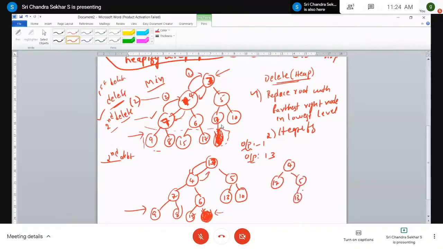It is 13. It is 10 and then 7. 6, 9, 8, 15. Now here you can check that 17 is not satisfying the key property at this position. Therefore, what you have to do, you have to again check its children, which one is minimum, that should be exchanged. Therefore, you exchange 6 with 17.